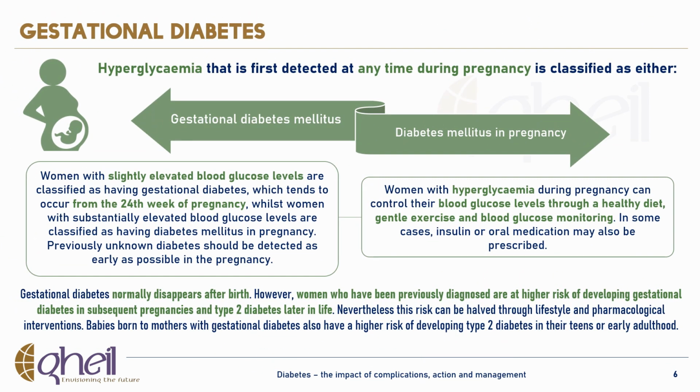Risk factors for gestational diabetes mellitus include older age, overweight and obesity, previous gestational diabetes mellitus, excessive weight gain during pregnancy, a family history of diabetes, polycystic ovary syndrome, habitual smoking and a history of stillbirth or giving birth to an infant with a congenital abnormality. Gestational diabetes mellitus is more common in some ethnic groups.